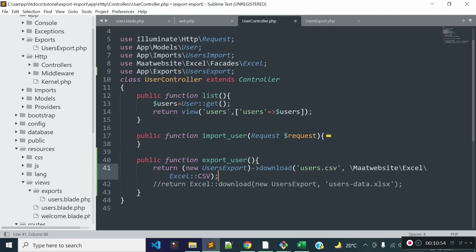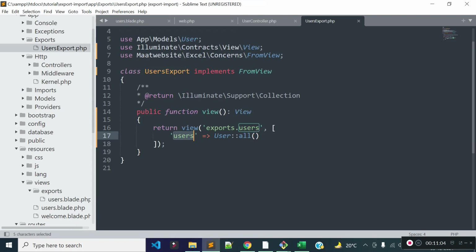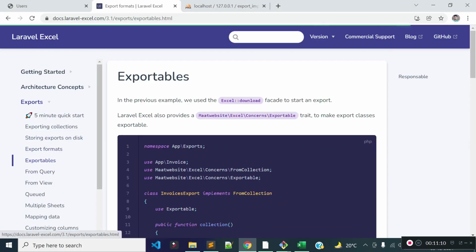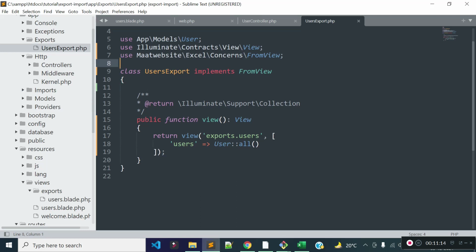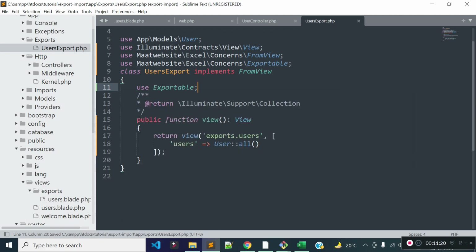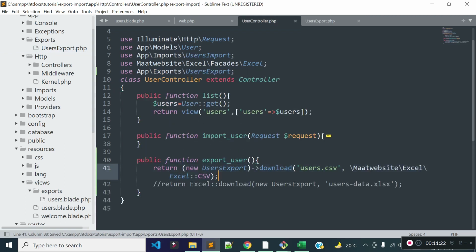And because we are generating the export file this way, we need to add the Exportable trait inside our user export. So let's click on this Exportable, and let's use this trait inside our user export, so that we can generate the Excel file this way.